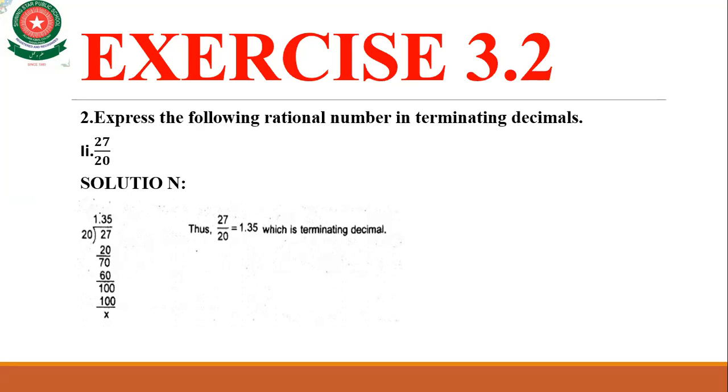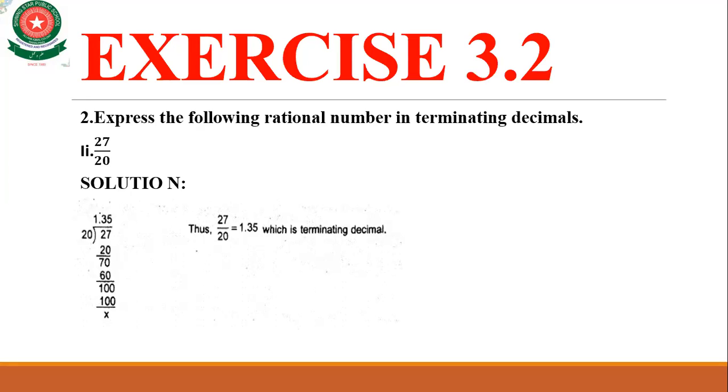If you remember the rules of terminating, whether an equation will be terminating or not, we have learned that if there is a prime factor like 2 or 5 in the denominator, then the equation will be terminating. Now you can see that if we simplify the equation, we will get 2, or in the denominator there is a 2 and 0 also. So our equation will be terminating decimals.